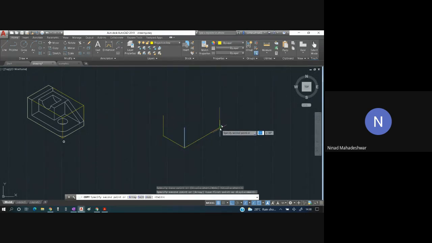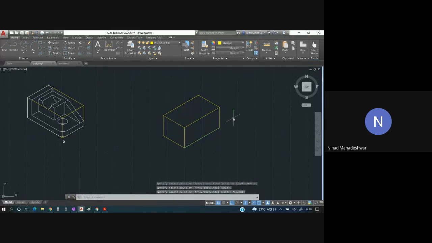Then I'll copy this line from this point to this one, and then copy this from this end to this end to this end.